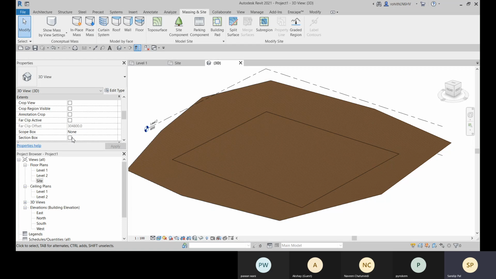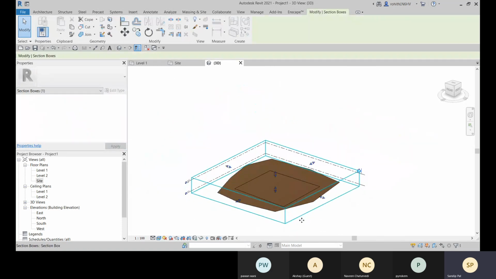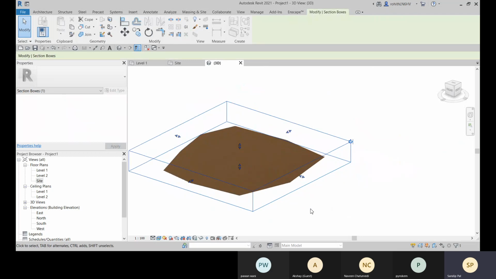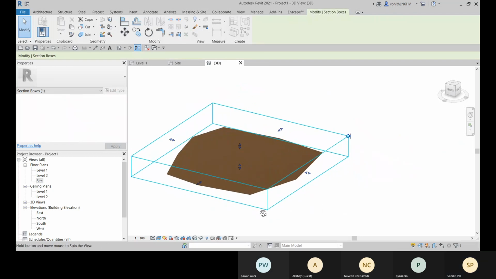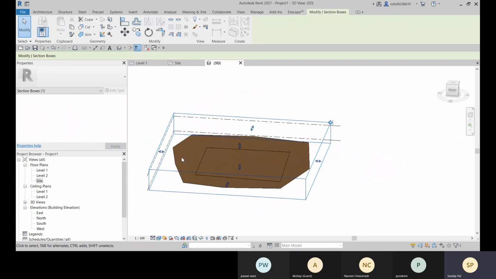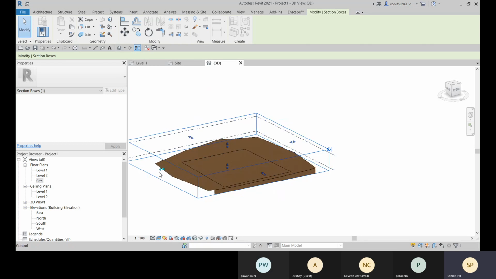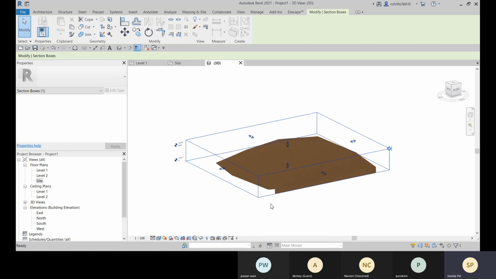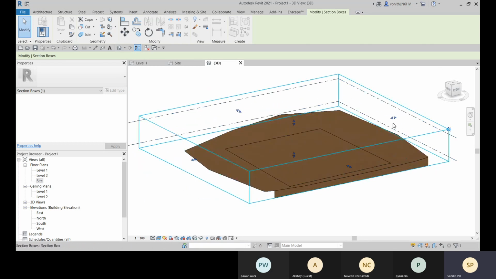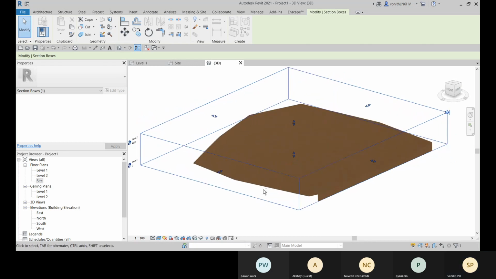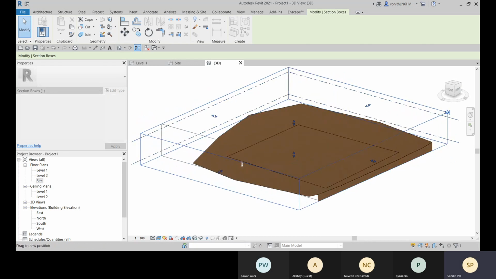Go for the section box, check this section box, and then select this section box. So this section box can section any element, and in any direction, like in the three dimensions, you can go for front, back, left, right, top, bottom, and you can create your section.